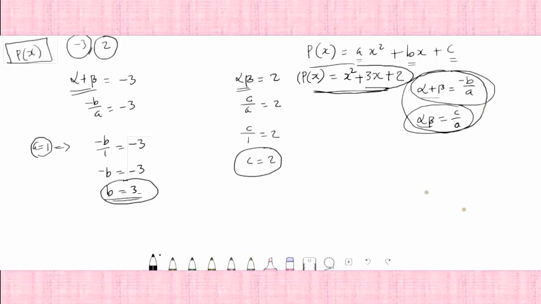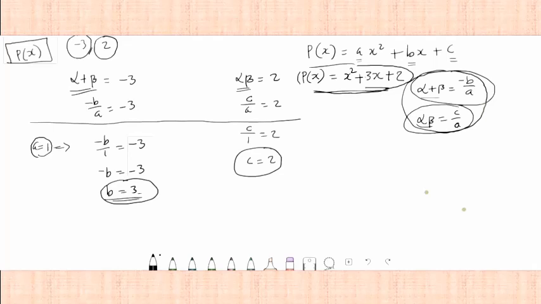The next step, what we do, we can choose different values for a. We will get different possible polynomials. The answer is not unique, but the question will be "write a polynomial," not "write the polynomial." This type of question will be like "write a polynomial." Okay, so we need only one choice.